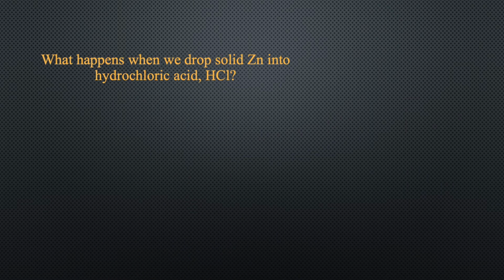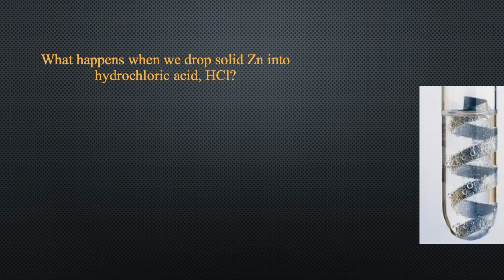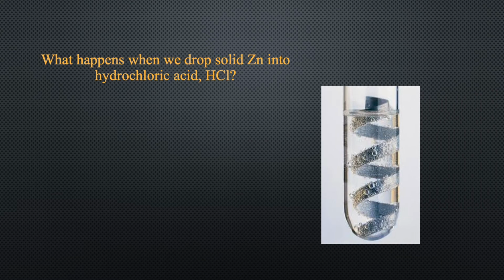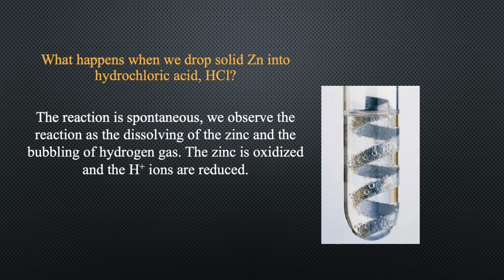So, what happens when we drop solid zinc into hydrochloric acid HCl? Or in other words, what happens if we pair the reduction of hydrogen ions H+ with the oxidation of zinc solid? We observe the reaction as the dissolving of the zinc and the bubbling of hydrogen gas. The zinc is oxidized by losing 2 electrons and forms zinc ions, and the hydrogen ions are reduced to form